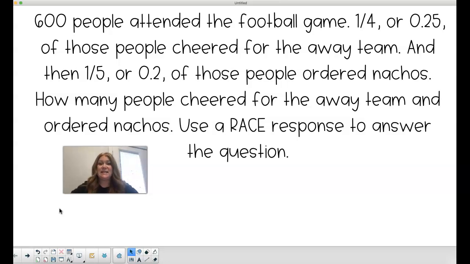So this one says that 600 people attended the football game. 1/4 or 0.25 of those people cheered for the away team. And then 1/5 or 0.2 of those people ordered nachos. How many people cheered for the away team